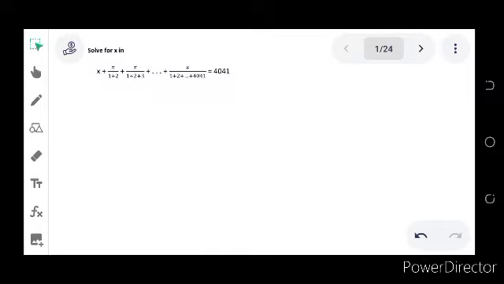Now we solve for x in x + x/(1+2) + x/(1+2+3) + so on and so forth until x/(1+2+...+4041) = 4041. Now, we notice immediately that x is found in every term, so we factor out x, and the equation becomes x times (1 + ... and so on and so forth, until